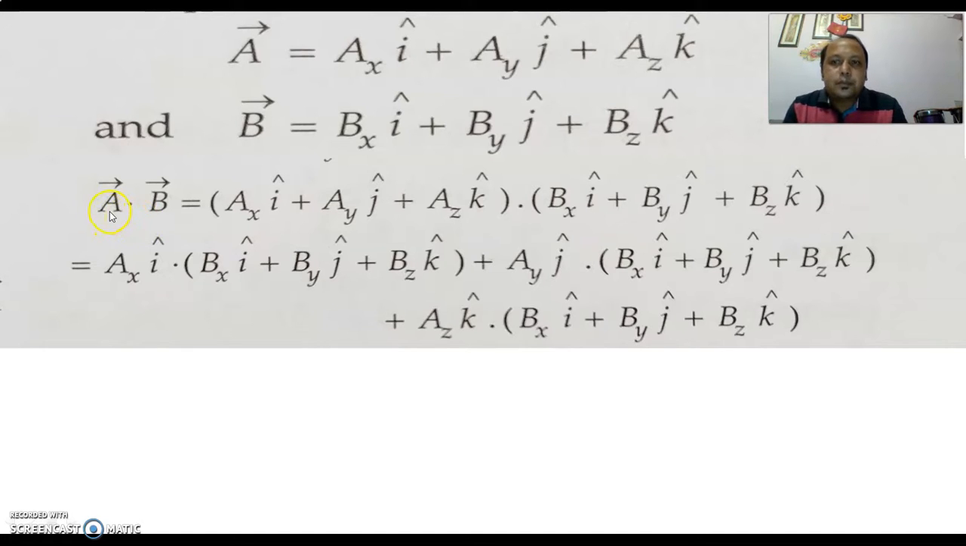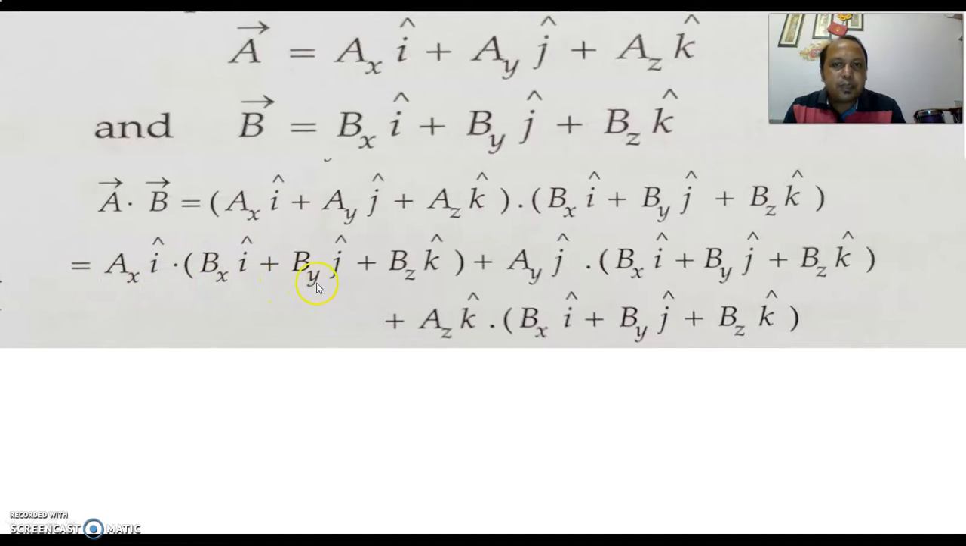Vector A and vector B dot product. So we have expanded vector A and we have expanded vector B and we have put a dot here to represent the dot product. That means all the three terms of vector A will be multiplied one by one with all the terms of vector B. So we have written here AX I cap dot